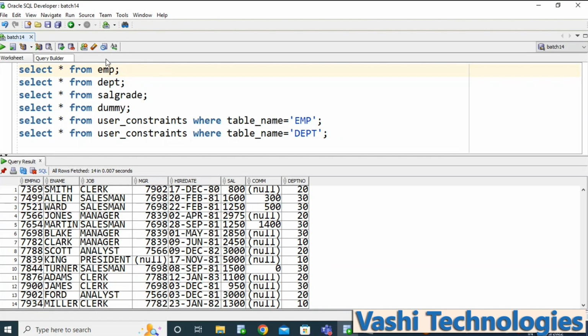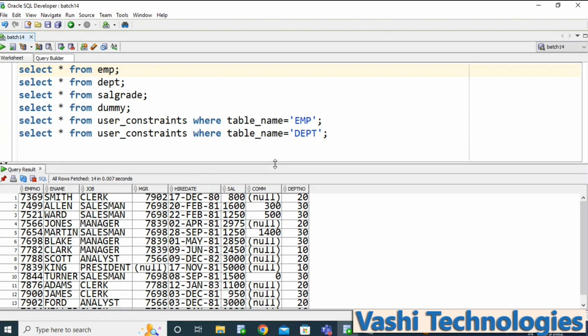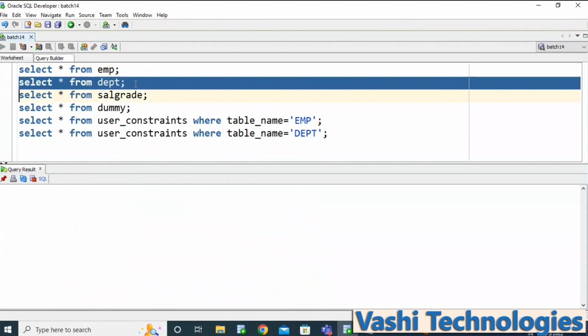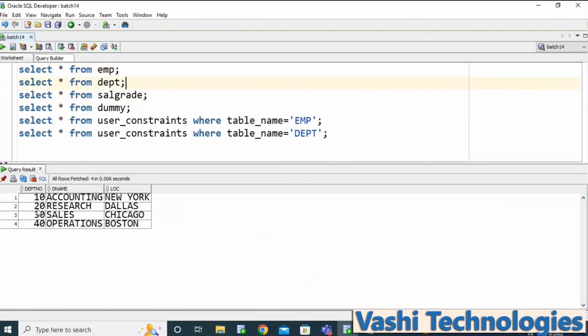So how can we identify whether these 2 tables have any relation? In such a case, there may be some common column between 2 tables. Go to the EMP table and check all the column names in this table. DEPTNO is a common column. Go to the DEPT table as well. DEPTNO is the common column in this table as well.